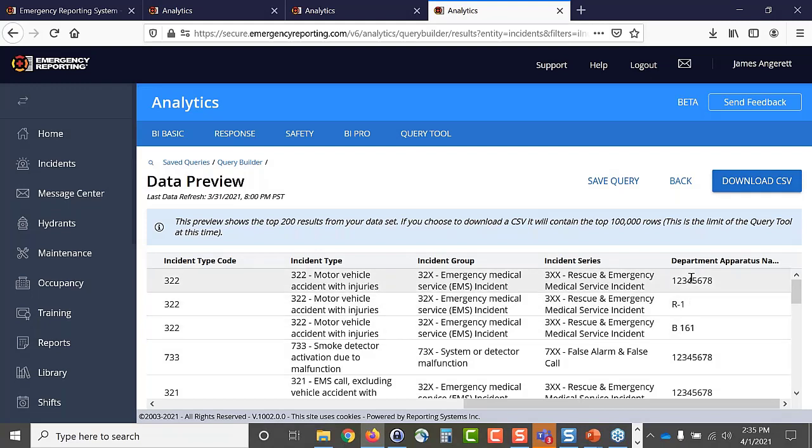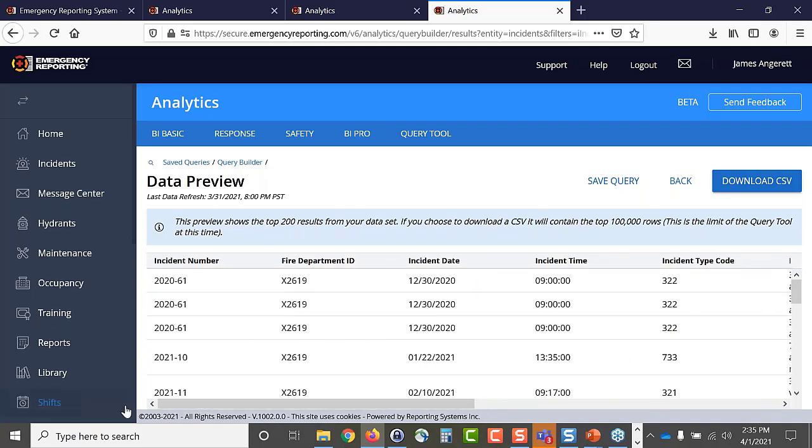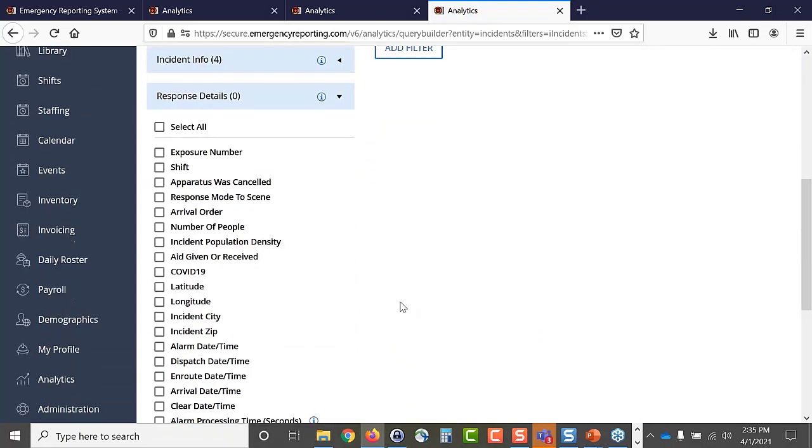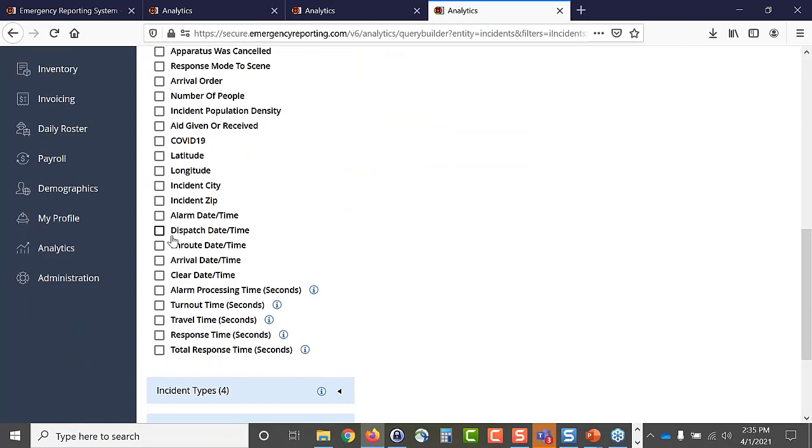There it is. Multiple apparatus. Is that what you're looking for, Mark? Well, that's what the question was looking for. So the times, alarm time and route time and so forth, can we add those in? Which one was it? There we go. So which ones did you want to add, Mark? The alarm time, dispatch time, and route time. And arrival, yeah. But we don't need